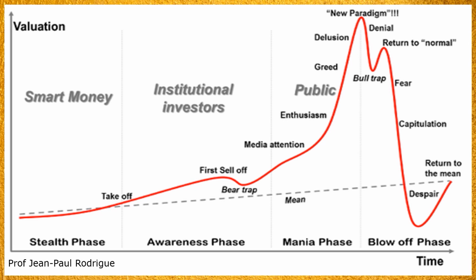We start off with greed and that moves into delusion, and you see a very steep rise in price. At the top, everyone talks about the new paradigm. Then as prices drop, people go into denial: oh, it's just a correction. And then you get this bounce, which is a bull trap, and people start to wonder, oh, things are back to normal, we're on the move upwards again. That's when it gets smashed down and we enter the fear and then capitulation stage.